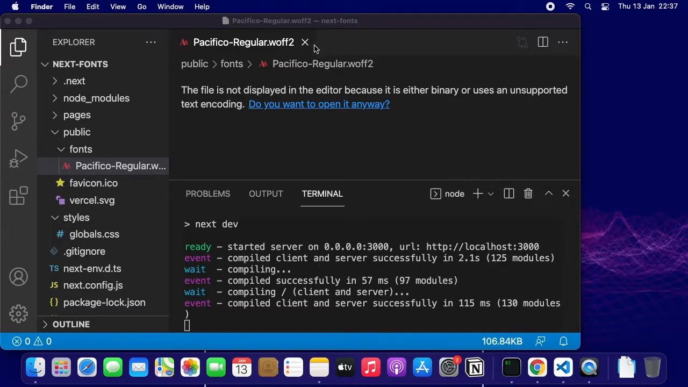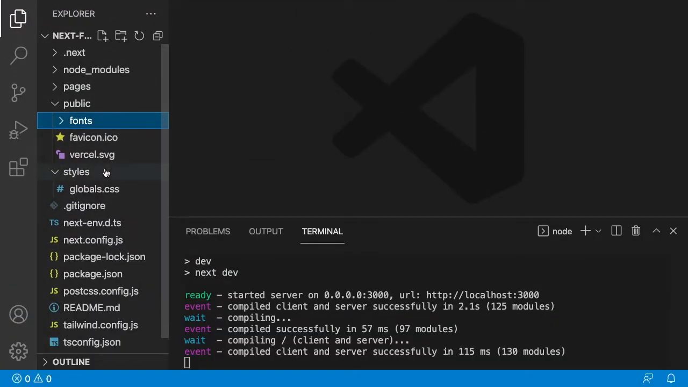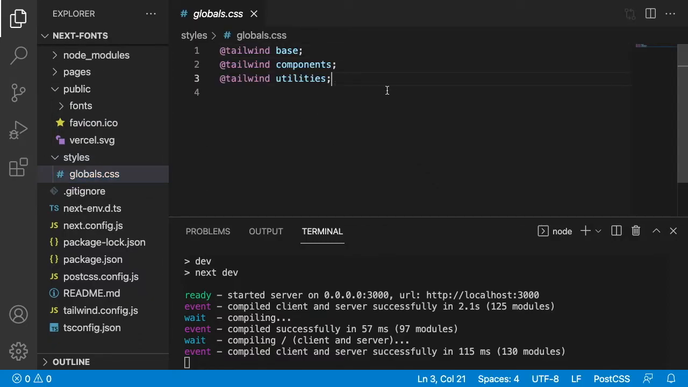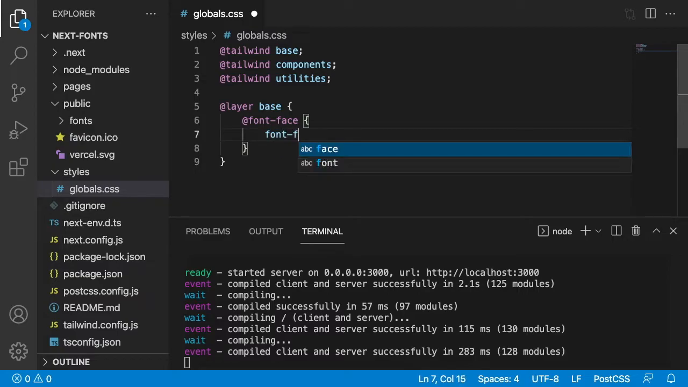It's time now to let Tailwind CSS know we want to load this local font file and use it. We need to add a new Tailwind directive @layer at-rule to instruct Tailwind about our custom font and that this custom style belongs to the base layer. Inside we define a @font-face rule with these options: font-family, double quotes, Pacifico, semicolon,